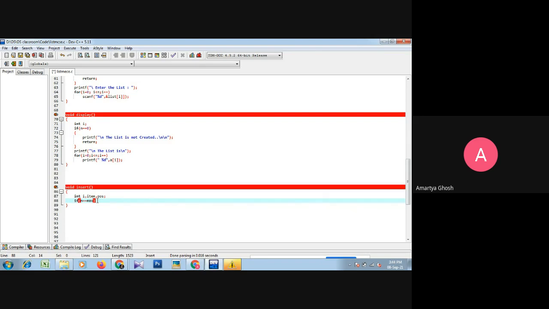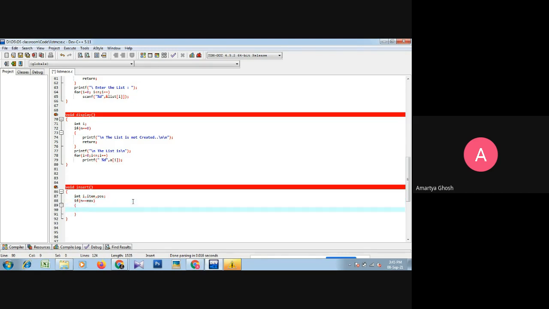So the value of max is also 20, and the last room position is max minus 1. So ignore this confusion. If there are n elements and all the elements are in the array and all the rooms are already booked, in that situation n equals max,